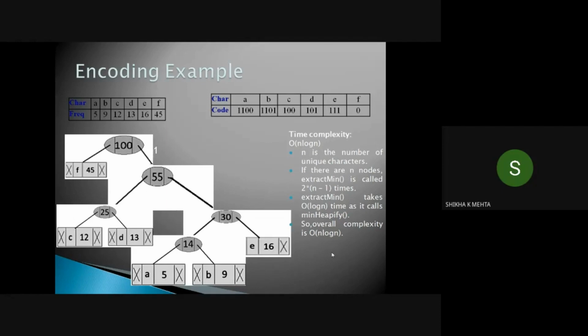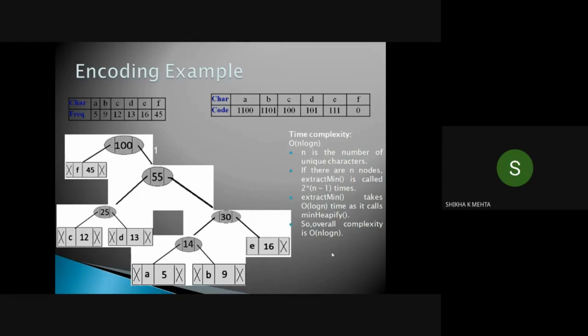Then we have the nodes 25, 30 and 45. From these we merge the minimum ones, which are 25 and 30, and they combine to form 55. Finally, we are left with 55 and 45, which gives us 100. At every stage, the node on the left-hand side is given a 0, and the one on the right-hand side is given a 1. On the basis of that, we are going to see how to decode this particular tree.